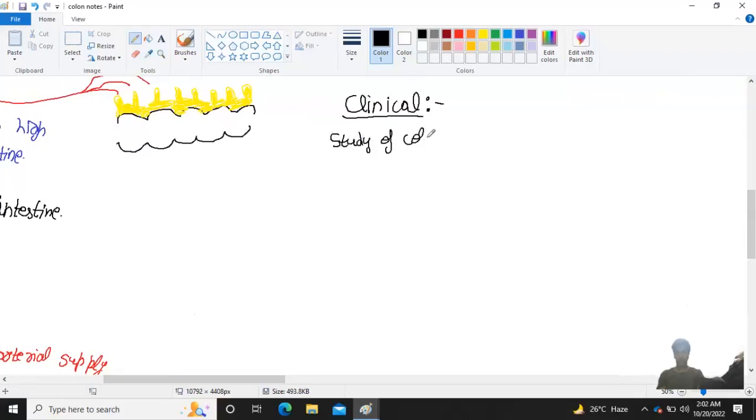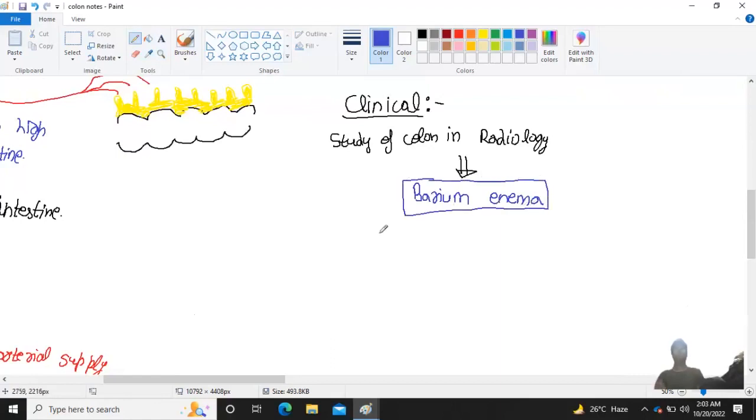Study of the colon in radiology, by technique name, is barium enema. This is important. In this we insert barium liquid through the anal passage and observe the haustrations of the large intestine colon,